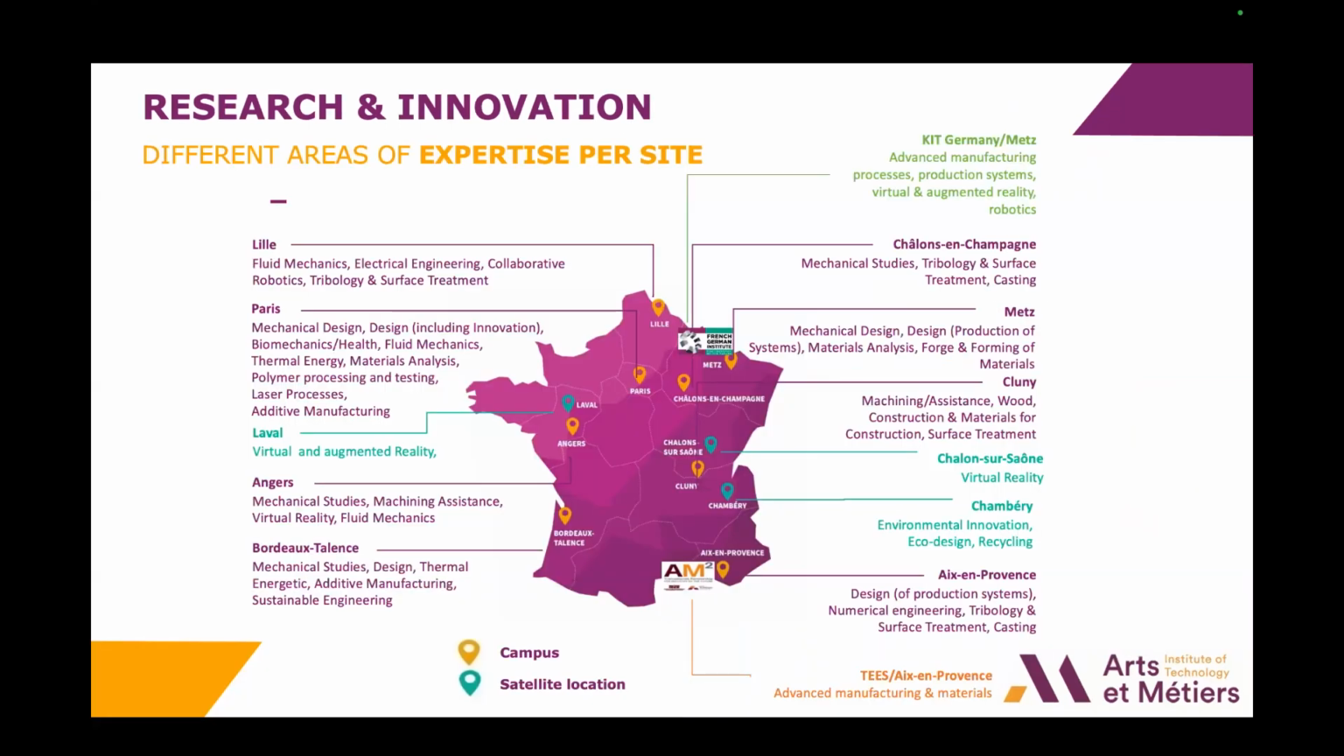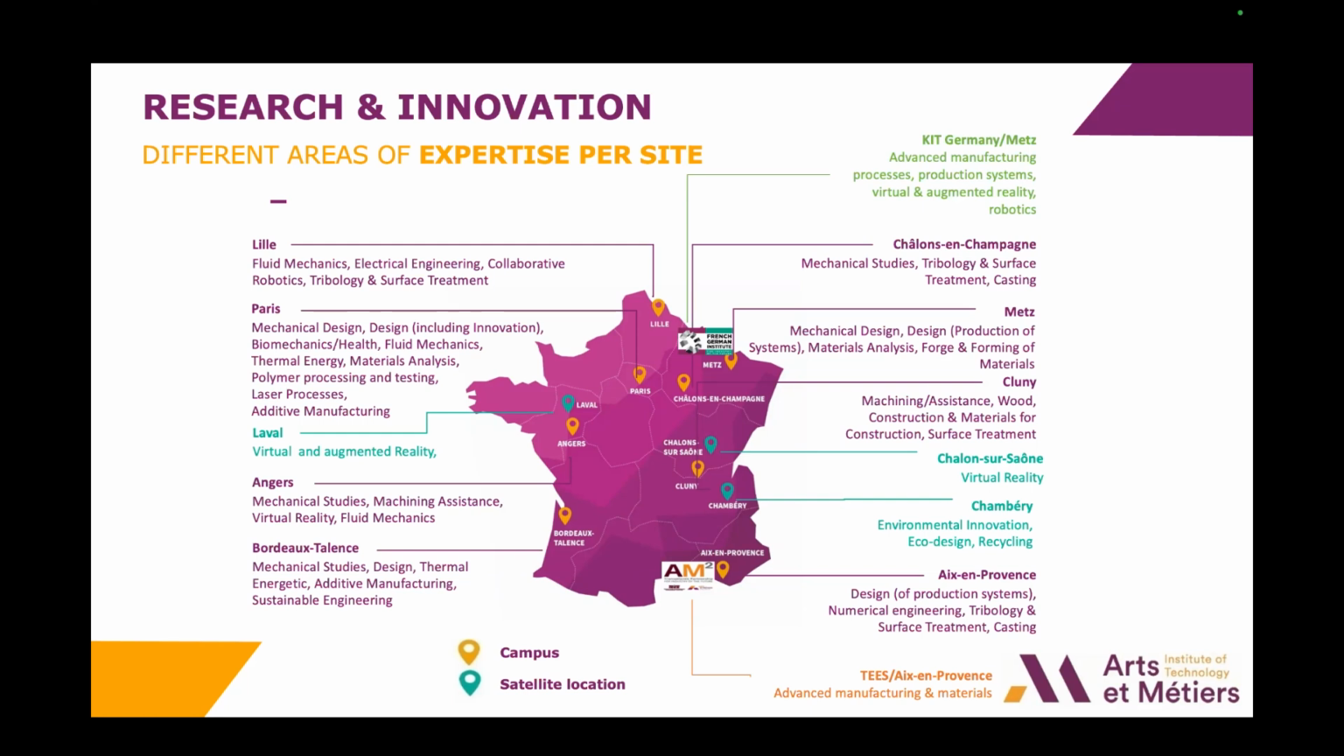Okay, here we have the geographic location of our 8 campuses. ENSAM offers a range of state-of-the-art research infrastructure across its campuses, designed to support high-level advanced research. Additionally, each campus has laboratories with distinct areas of expertise, such as the virtual reality lab in Angers, for example, and